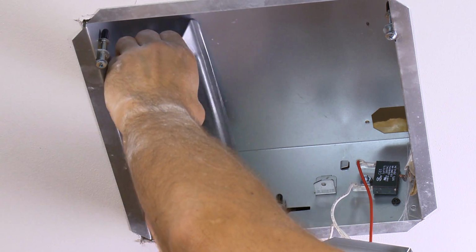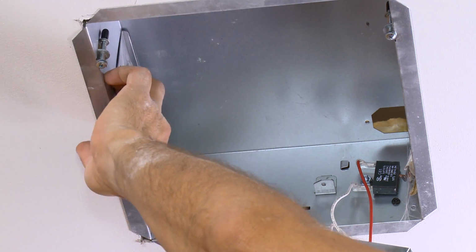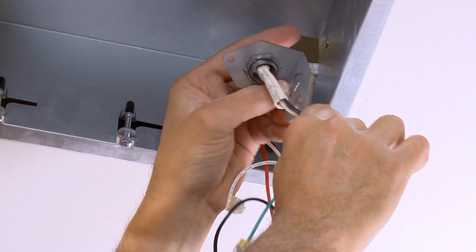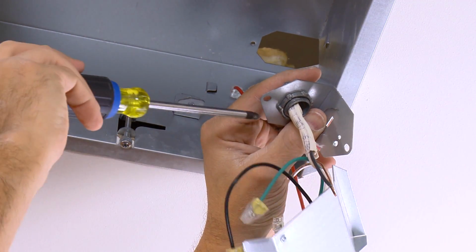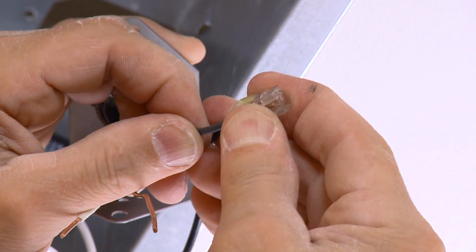Next, move the 4-inch duct connector into the opening and fasten it to the housing with the tab and screw that's provided. Attach a UL-approved connector to the wiring plate and thread the house wiring through it. Tighten the connector. Now you can connect the wires inside the wiring cover to the house wires with Easy Connect wire connectors